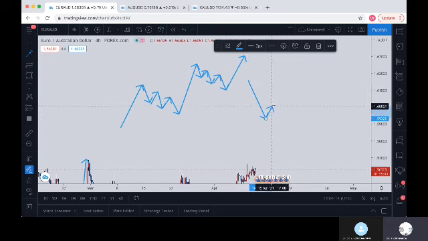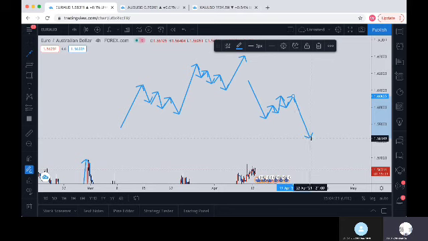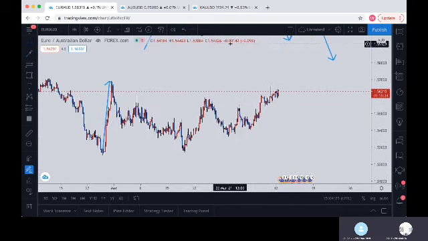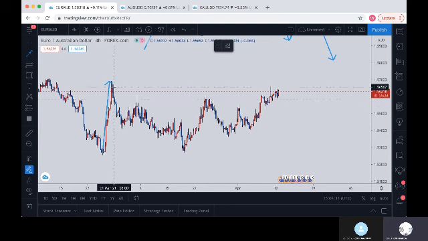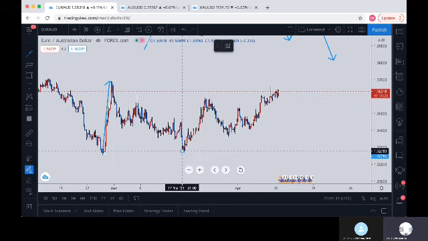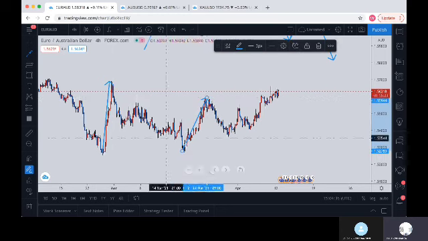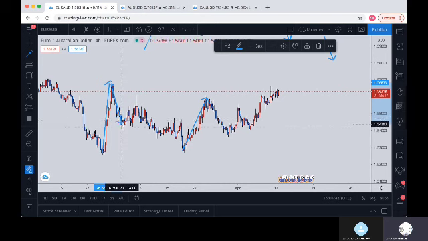You have your big move, and then you have your pullback, and then you have your push to the downside, the same way, right? So if I'm looking at the chart like this and I'm seeing this, I'm like, okay, I have a big bullish move right here. So I'm automatically thinking, okay, this looks bullish, because the pullbacks, the downward